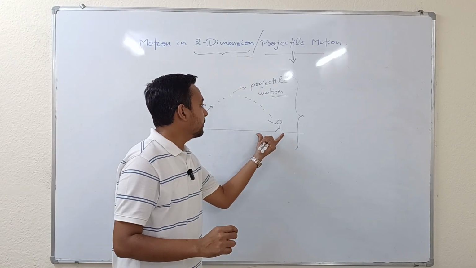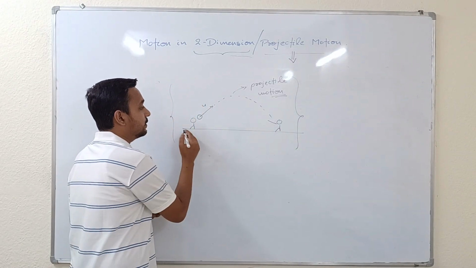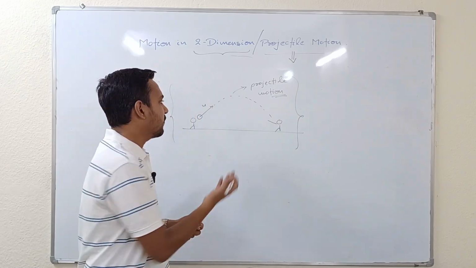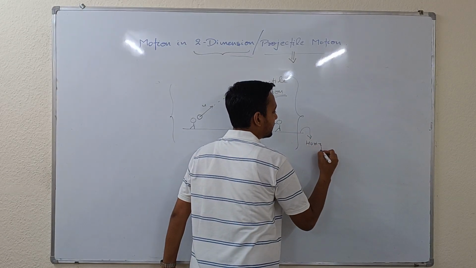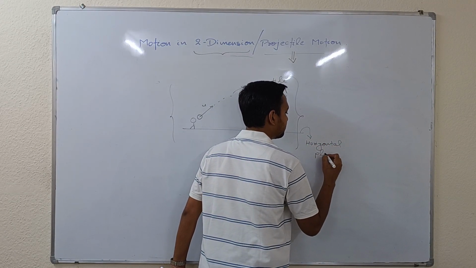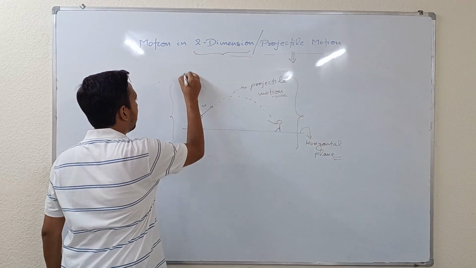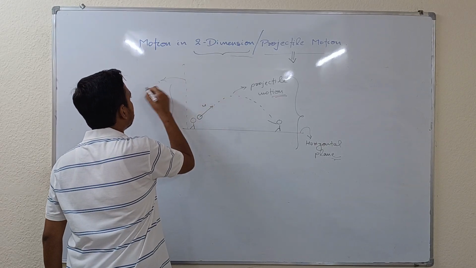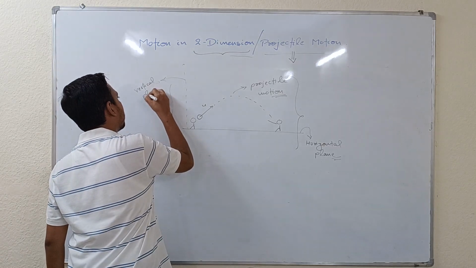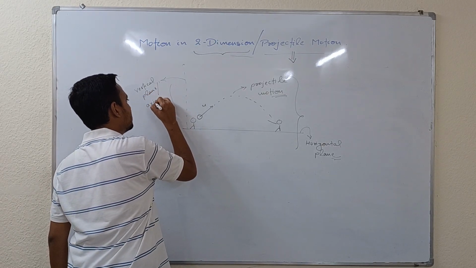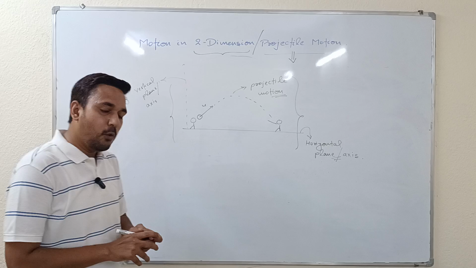What we are seeing in projectile motion is we are throwing a ball in a particular direction, and we are standing over a road, or standing over a ground, that is, a horizontal plane. And the second plane will be what? The vertical plane, or you can say the vertical axis and horizontal axis. So overall,